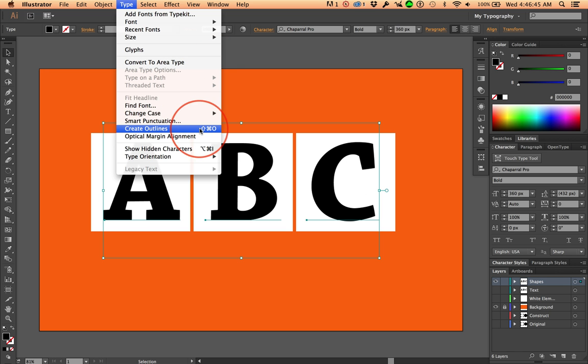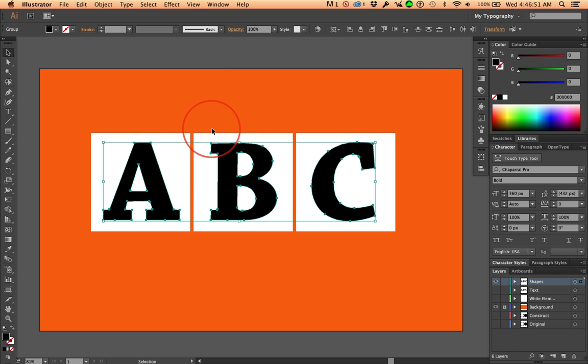Where is it? Right there. I never go to the menu for this because I use it all the time. Shift command O to create outlines. This, you notice, now we're getting a selection of just the characters themselves. Notice? Voila, huh? Now, you could say, hey, I can make this orange now and it shows through, but remember